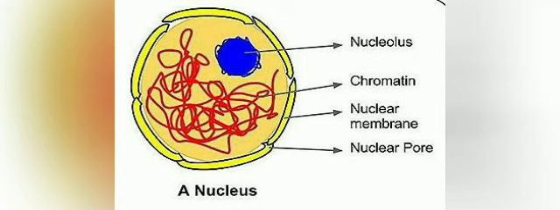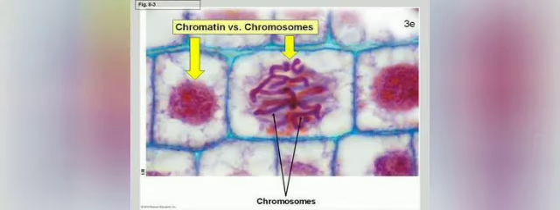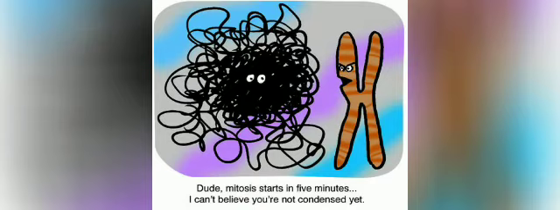Now another part, that is the chromatin material. It is in the form of an intertwined mass of thread-like structure made of DNA and protein. You can see the reddish color, that is the chromatin, interwoven, which is like a thread-like structure. During cell division, chromatin becomes highly condensed into a thick rod-like structure known as the chromosome. Here in the picture you can see the chromatin becomes highly condensed and forms thick rod-like structures. And these thick rod-like structures can only be visible when the cell is about to divide. Right, here it becomes chromosome.